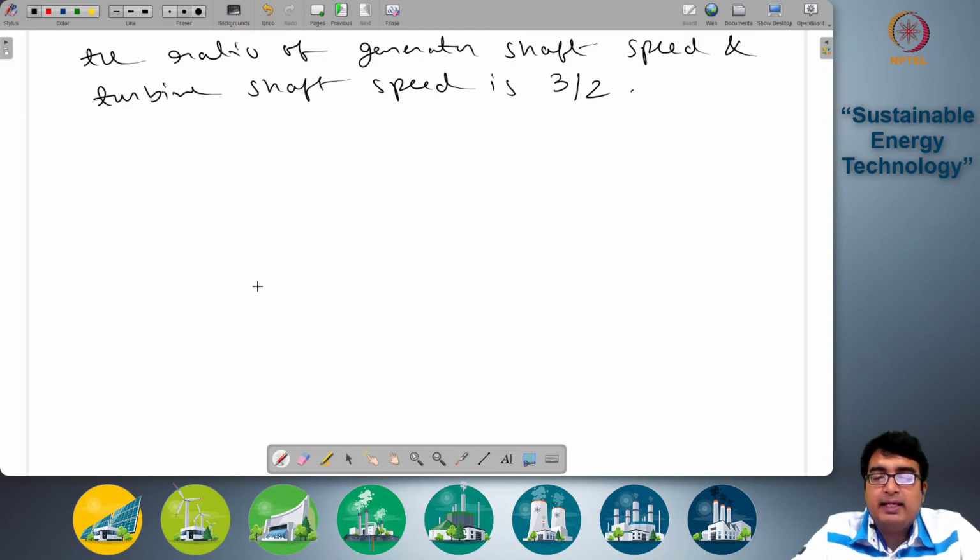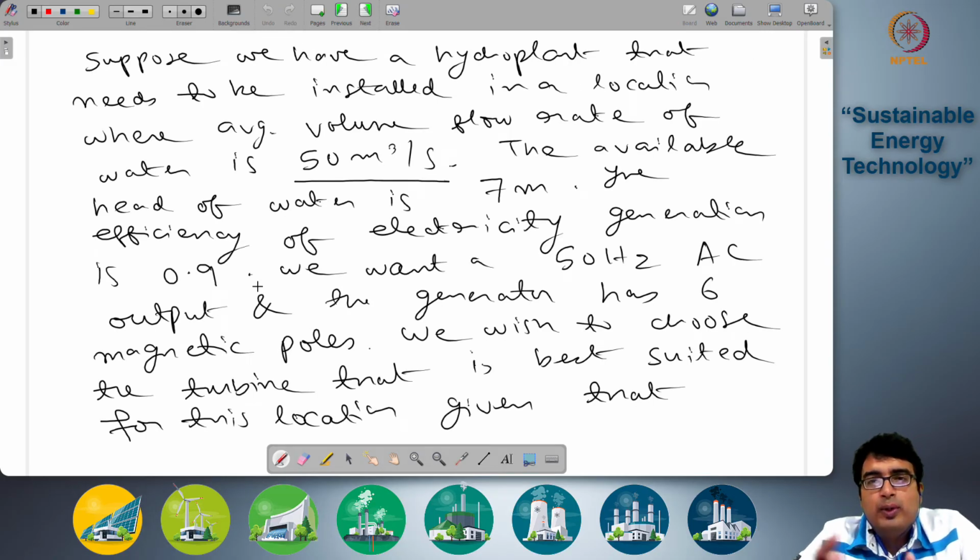Okay. So the idea here is we want to have a hydropower plant which is installed in a